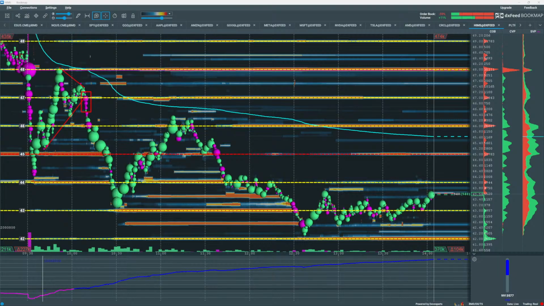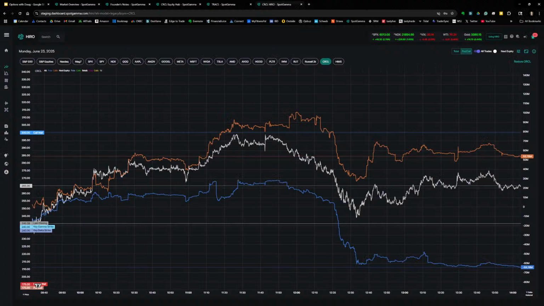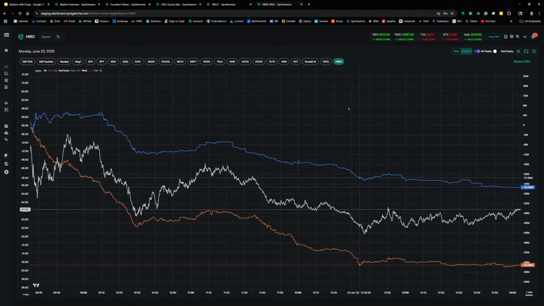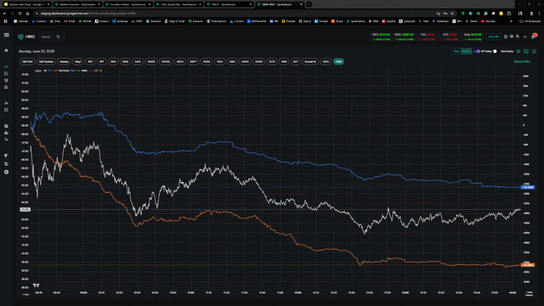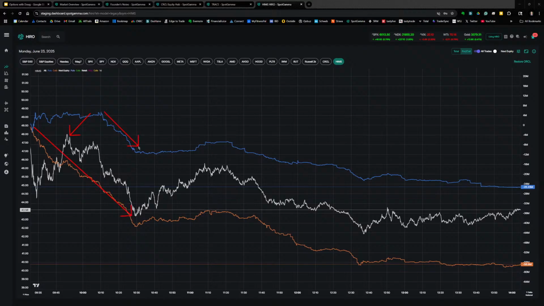And let's see what options traders were doing. So again, remember, even though the stock trades before the cash open, options for stocks do not start trading until the cash open at 9:30. And this set up a couple of nice divergent shorts, especially right around 9:50. Traders immediately started selling calls at the open, started buying puts a few minutes later, and that's